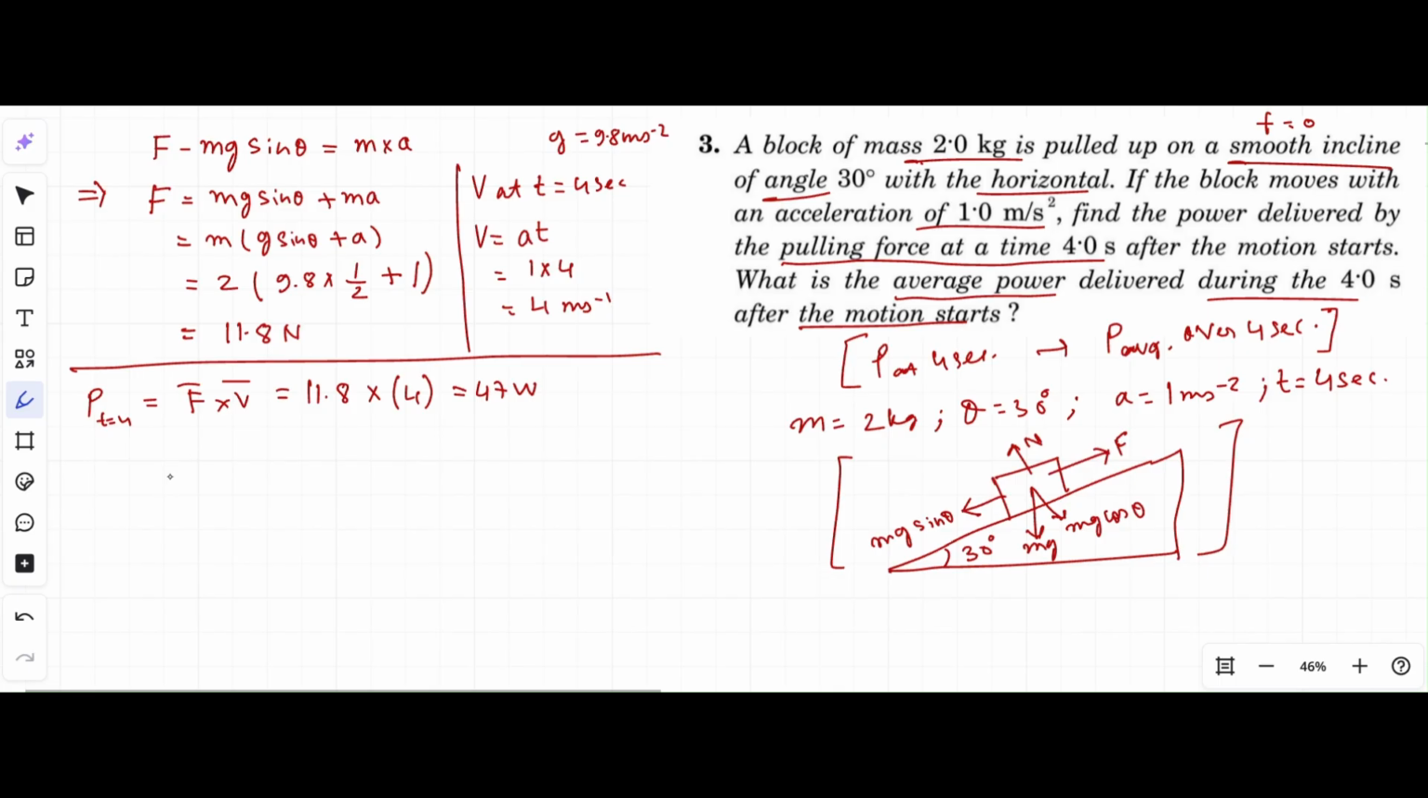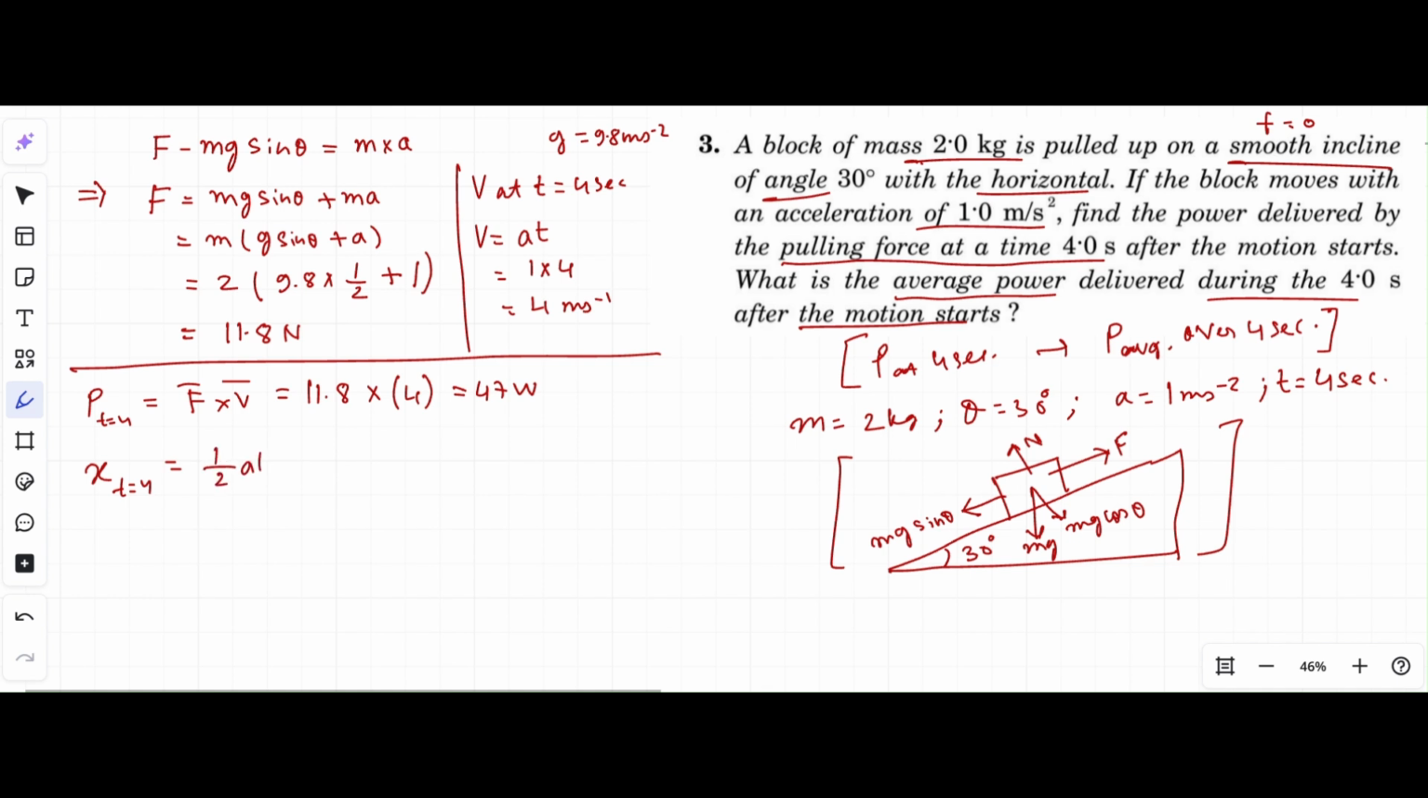This is not the average power. Now in order to find the average power, as I told you earlier, for power we use F into V, and for average power we will calculate using the work by time, work over the total time, and that will be based on distance. So we need to find the distance traveled in 4 seconds